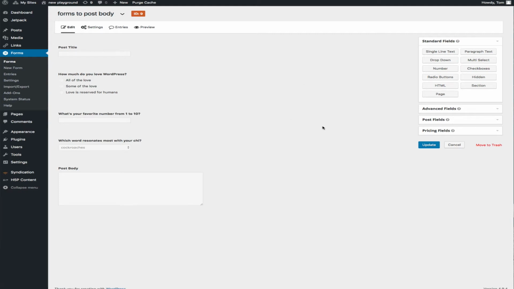Alright, I'm just going to show you a couple of the ways that you can play around with Gravity Forms and the Gravity Forms to WordPress post capability. I'm going to do some non-standard stuff just to try and tweak your head a little bit about what the possibilities are. So the first thing I want you to notice is I have pulled over the post title,